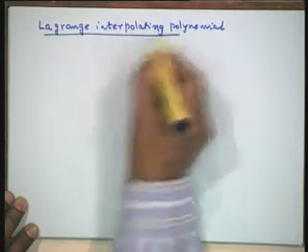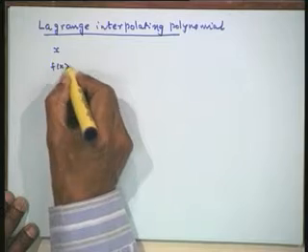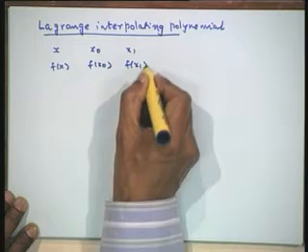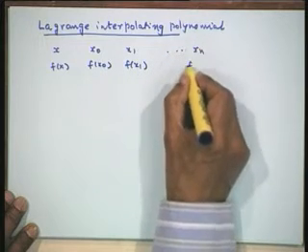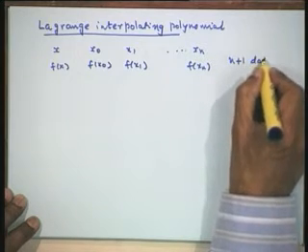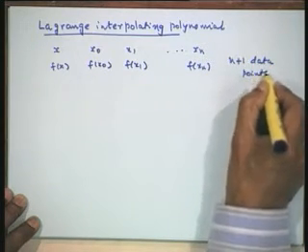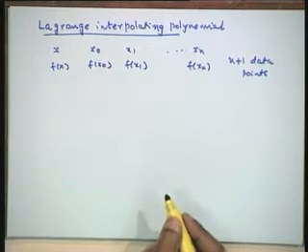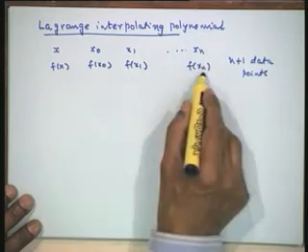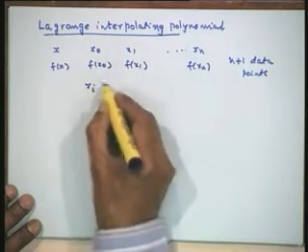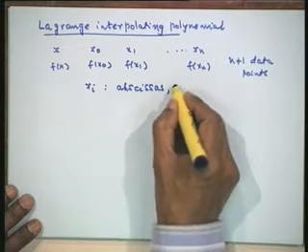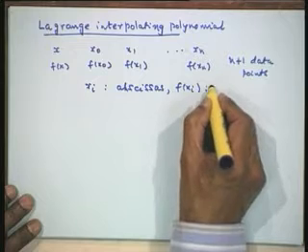The data that is given to us is of the form x, f(x): some point x naught, f at x naught, x 1, f at x 1, and so on, x n, f at x n. So, we have got a set of n plus 1 data points. Data points are data values which we have here. We have written the Lagrange interpolating polynomial as a linear combination of these ordinates. We shall call this x i as the abscissa of this data. These are the abscissa and f at x i are the ordinates.